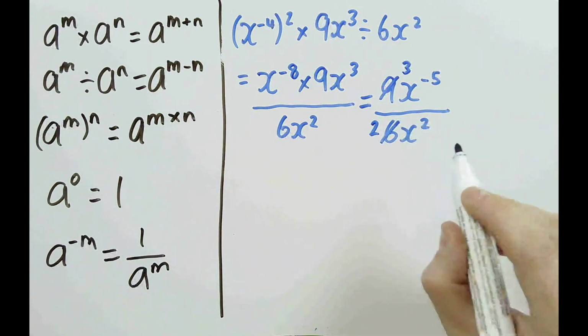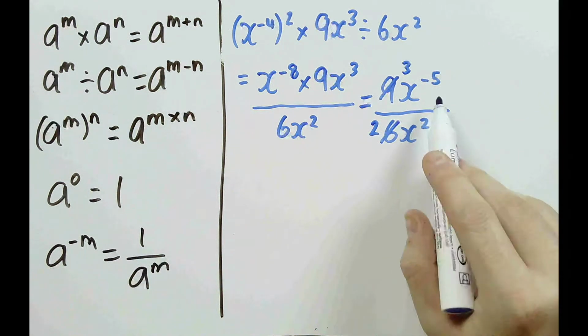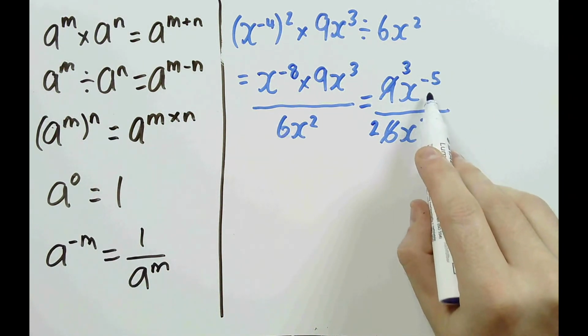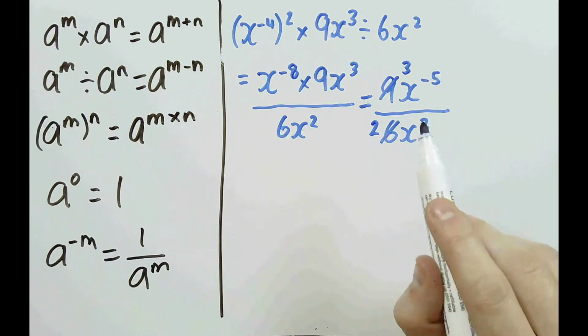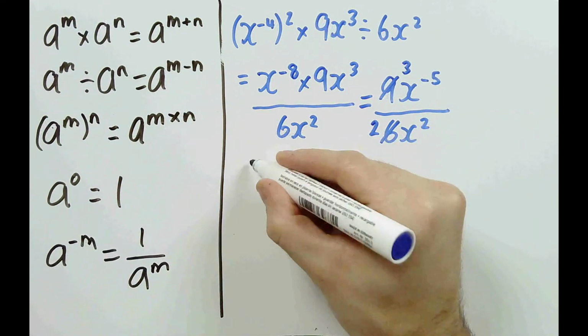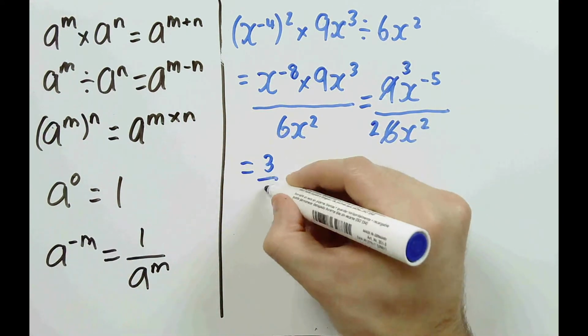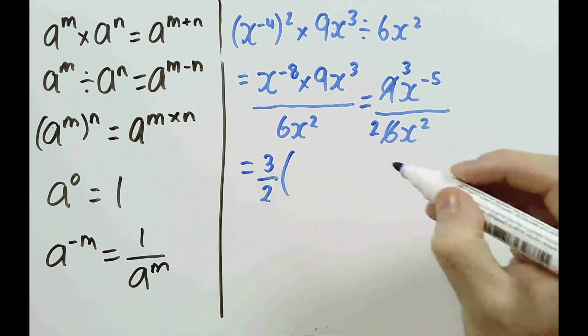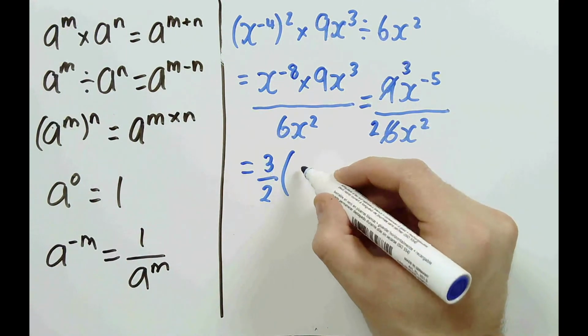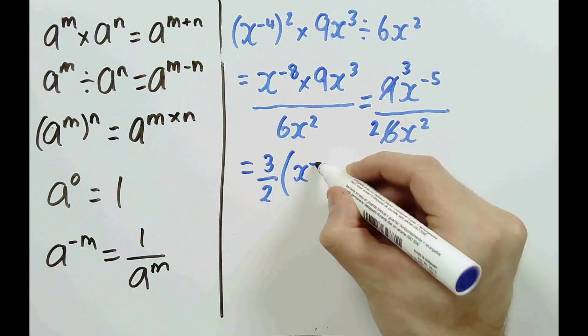But you can see, because we've got a negative number in the indice of the numerator, it makes it a little bit tricky to visualize how to cross out the different components. So what we could do here to make it a bit easier is rewrite this, take the 3 on 2 out of the equation, and rewrite this as 3 on 2 x to the negative 5 divided by